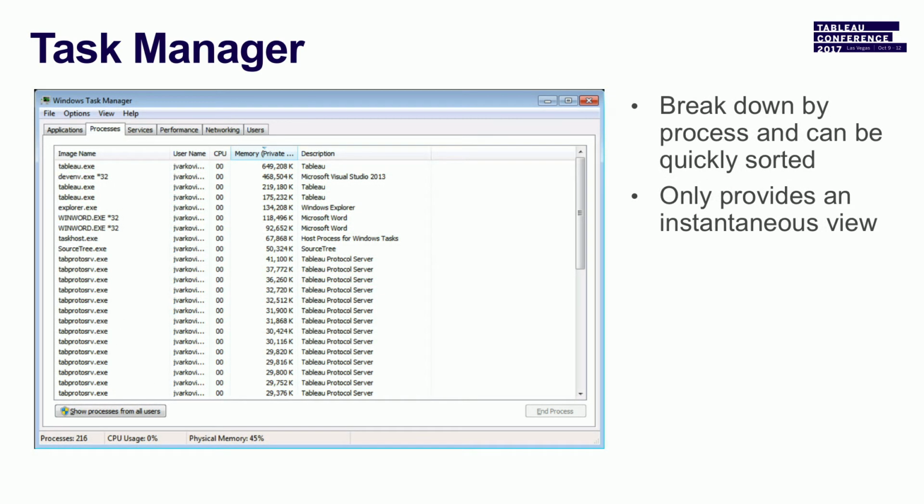Also, you can switch to the process menu, which you also may be familiar with, and see which process is using the most CPU or memory, or sort by name if you're looking to see how much, say, VizQL or Backgrounder is using. So you could do that here. It's nice. The one thing that is kind of the limitation, as I said, is it is only an instantaneous view, and it only runs on the machine you're looking at. So you could remote, say, to your primary, Control-Alt-Delete, Control-Shift-Escape if you're remoting, and see this window, and you can see what's going on. You can take a screenshot like I did here,